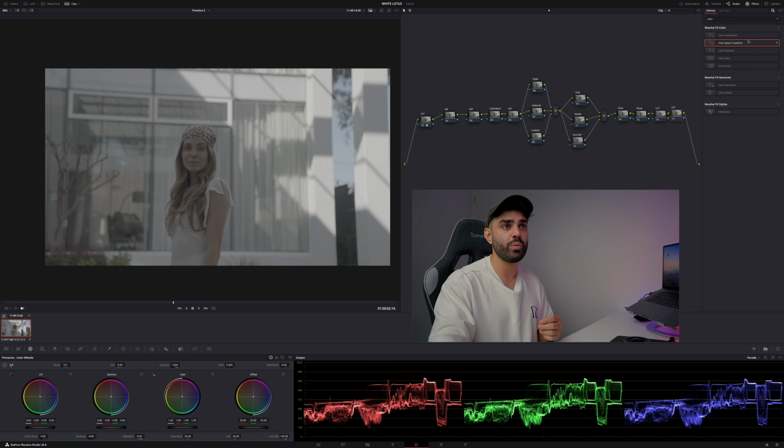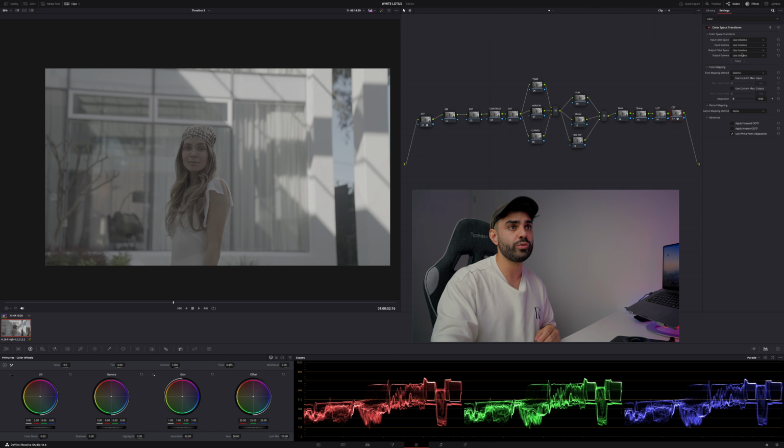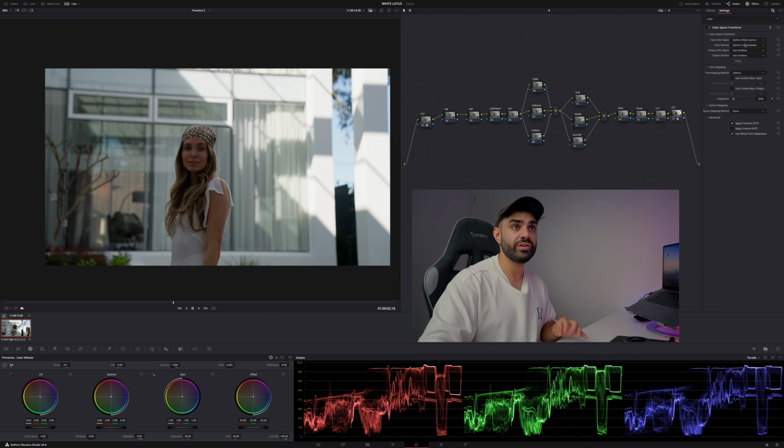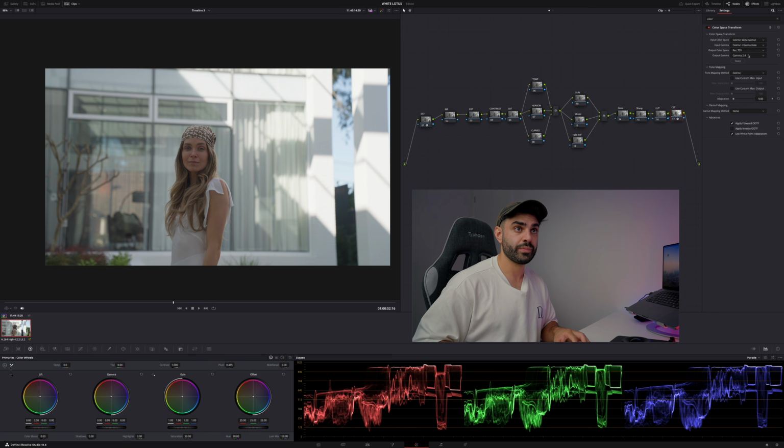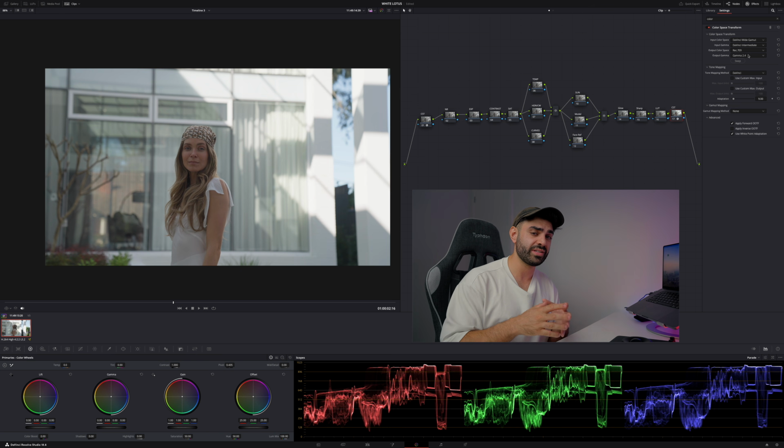CST, because in this node what we're going to do is transform that DaVinci Wide Gamut into Rec. 709. So we're going to go DaVinci Wide Gamut, DaVinci Intermediate, and then into Rec. 709 and Gamma 2.4, which is a presentable file. Awesome. Now I actually have my monitor set to Gamma 2.4, so timeline versus export is very similar and